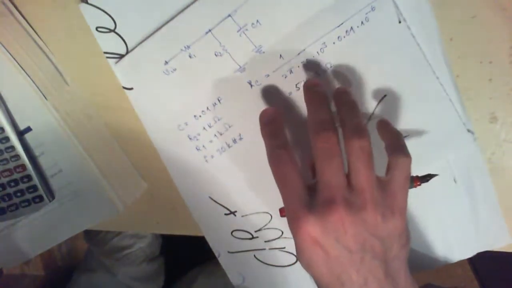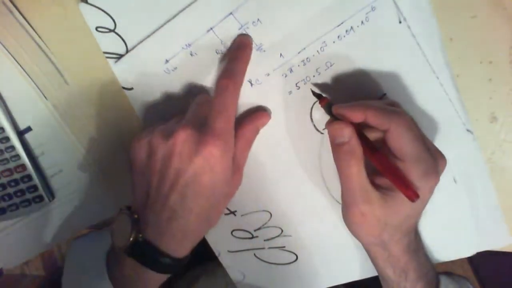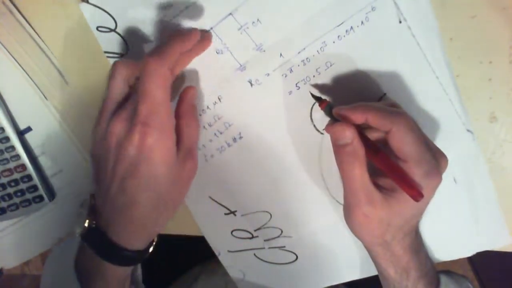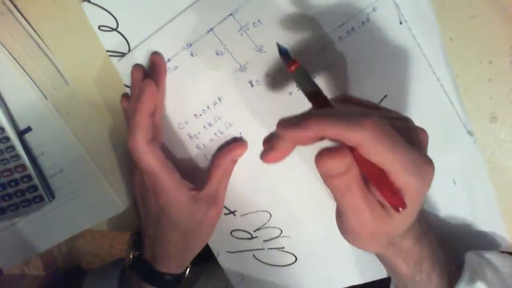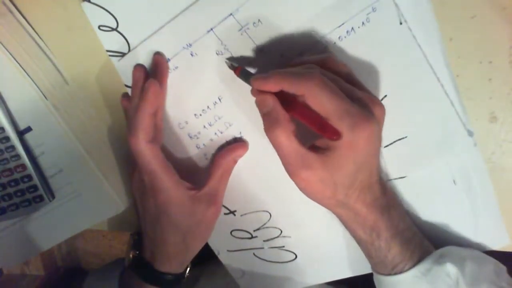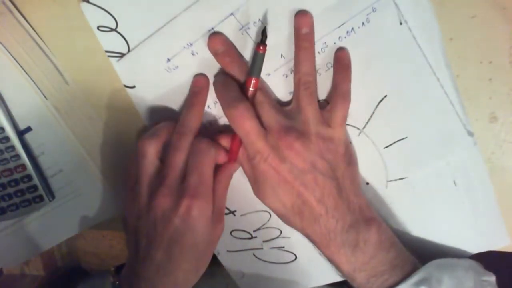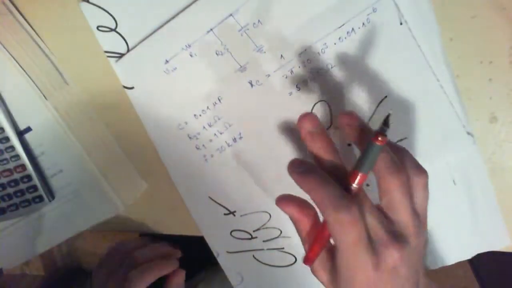You cannot use this kind of oversimplification, because the reactance of this capacitor is actually over half of the resistance of this resistor. If the reactance is about 1/10 of the resistance of this resistor, then you can simply ignore this resistor for an incoming AC signal. That's okay, and in that case your calculation is going to be very close to the actual value that you would get in